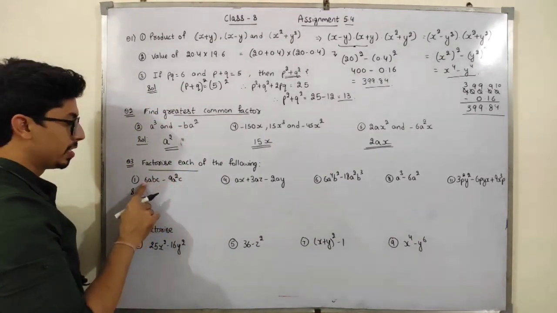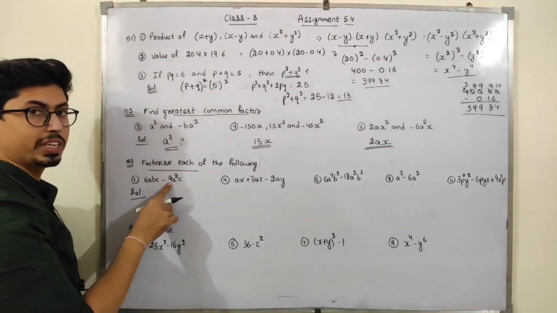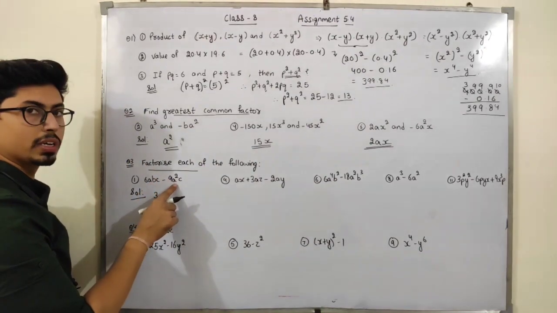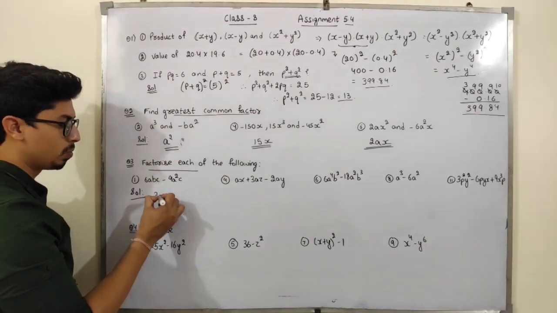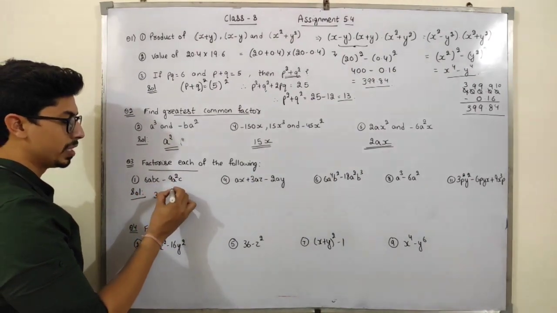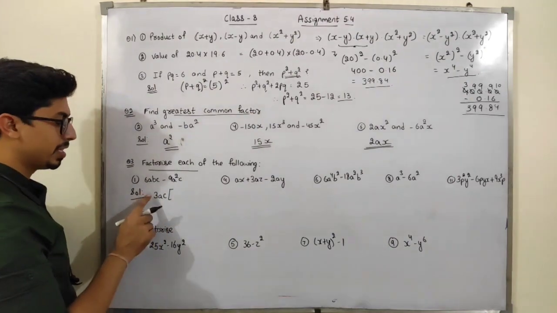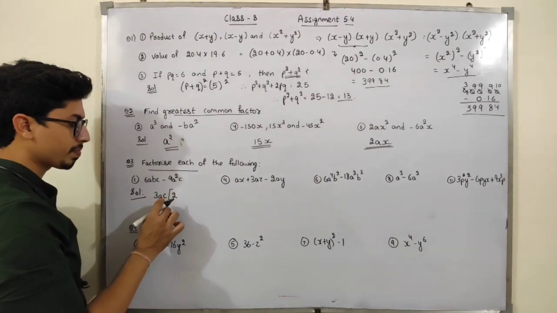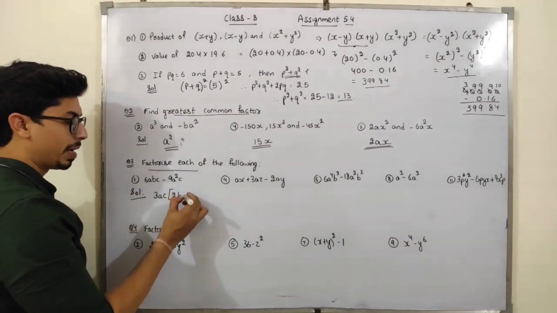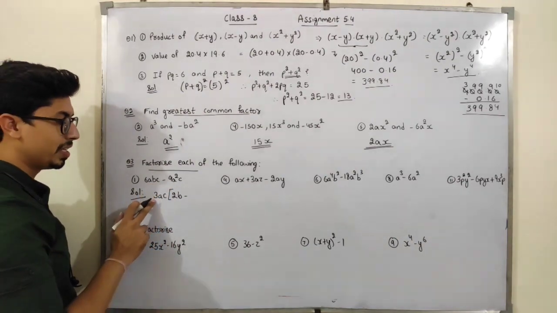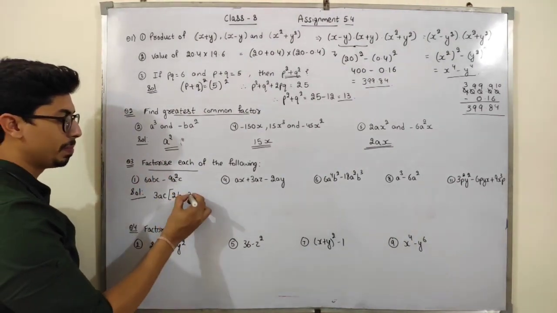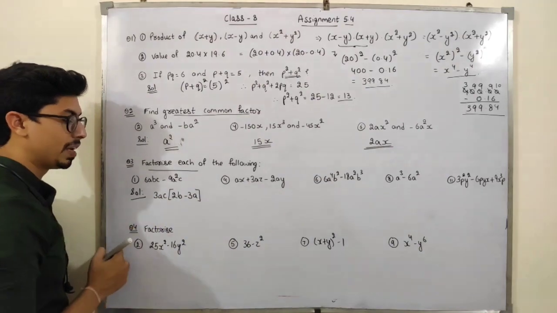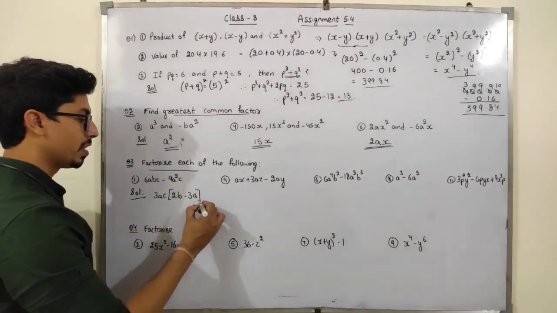6 and 9. 6 can be written as 3 into 2, this can be written as 3 into 3. So 3 will be a common number, so 3 will come out, okay. Now a and a square means a will be the same number, so a will come out. C and C is common, so C. So the remaining number is C. 3 is out now, so from 6 only 2 is left, and B is left now, and minus. Out of this 9, 3 is out, so 3 will be here. In a square we have a, so we remain with this a now. Okay, so this is our required answer.